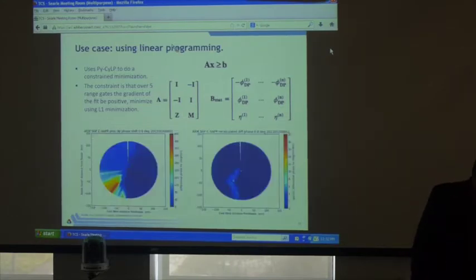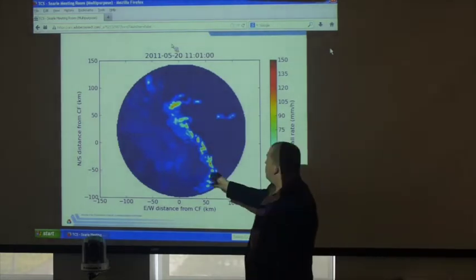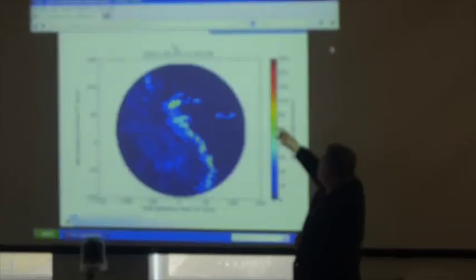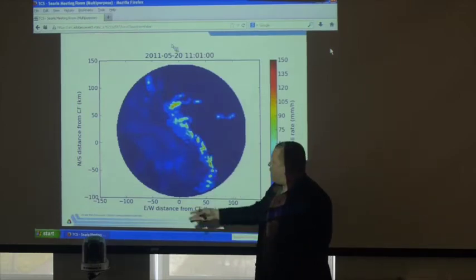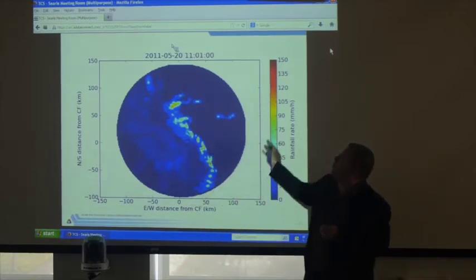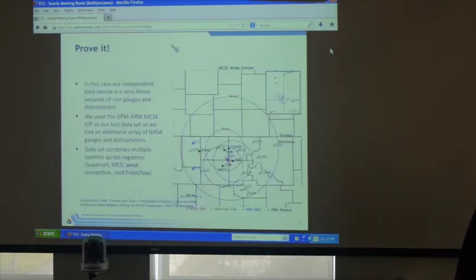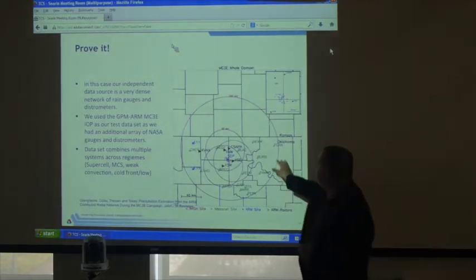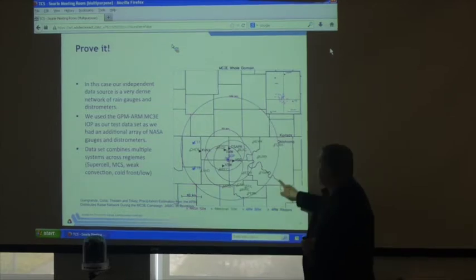So I'll skip through that in the interest of time. So this is an example of a rainfall retrieval from one of our radars, millimeters per hour. Now we're dealing with drops and not birds. I'm a lot more comfortable here. Millimeters per hour over a distance on a grid scale that's comparable with a climate model. This is our plot of our Southern Great Plains site here. There's our main radar in the middle. That's that 100 kilometer range here.